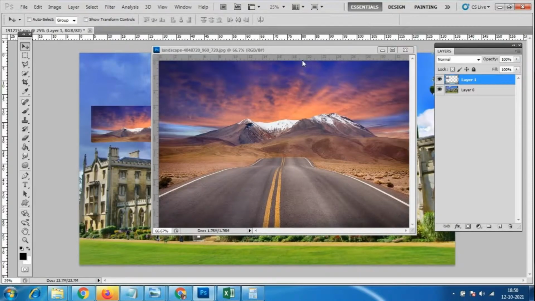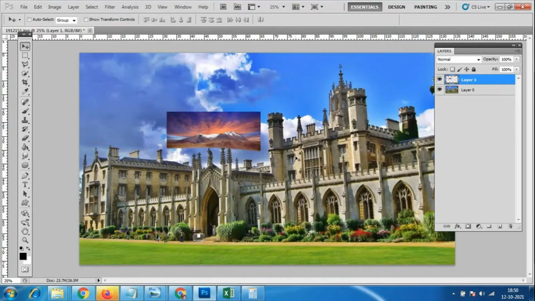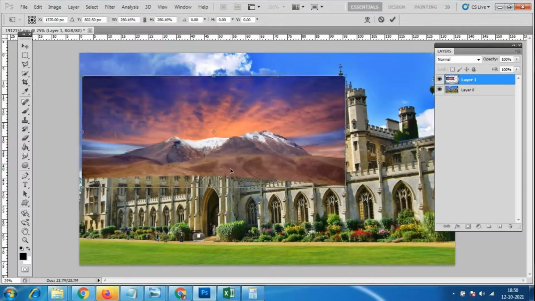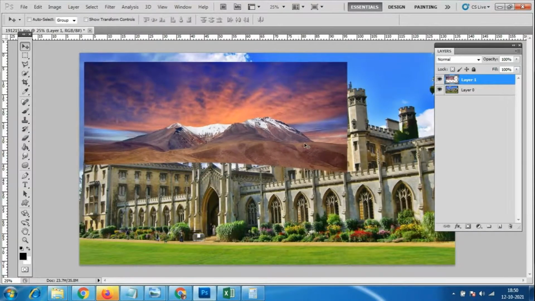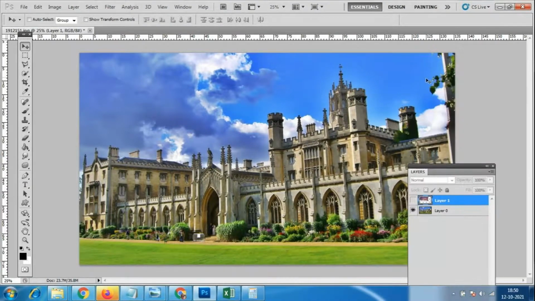The problem is I have to send the mountains back of here. If I have to send it back, what do I have to do? I have to erase it. I have to cut this part, remove this one. Then only I can place a different background. We have an option here, the eraser tool.